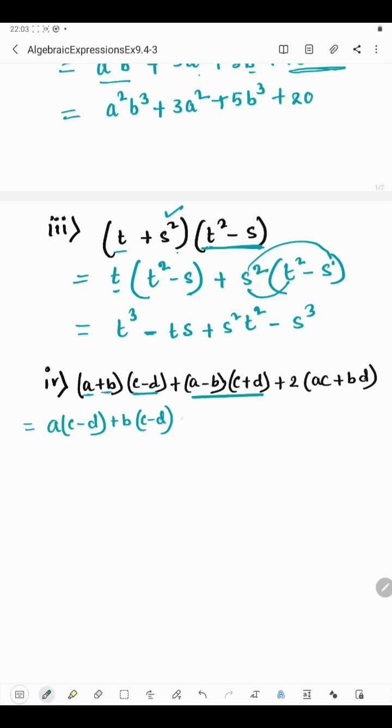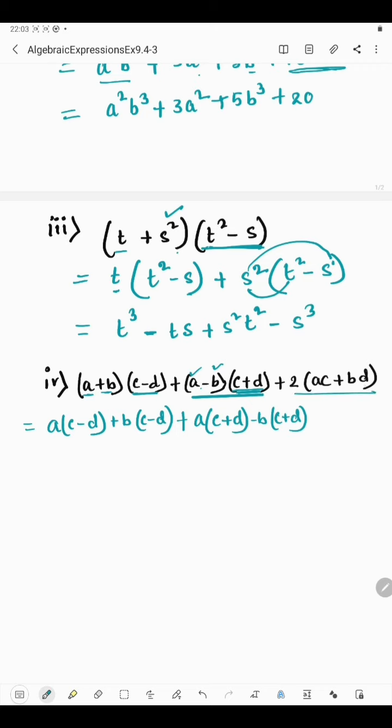Now coming to this part. Here we will put a plus sign, because the results we get from here, here and here we will add all together. Okay, so now we will multiply a minus b with c plus d. So we'll take a, and a will be multiplied by c plus d. Then we have minus b, and minus b will be multiplied by c plus d. Okay, so this was the second part.